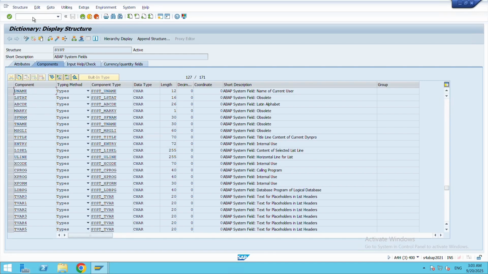So how do we declare this in SE38, or how do we print it, or how do we declare it like a variable?